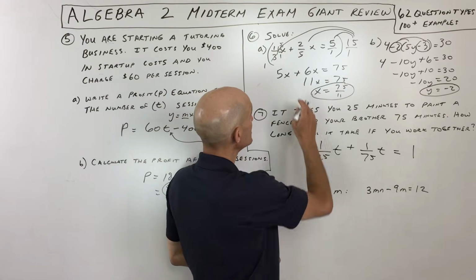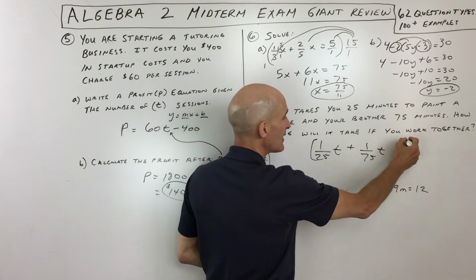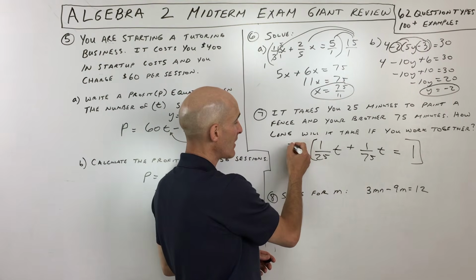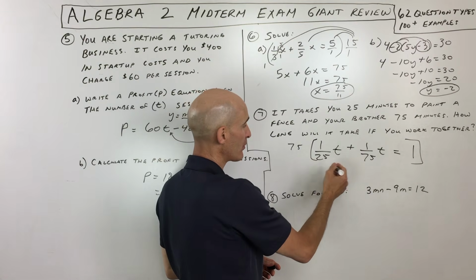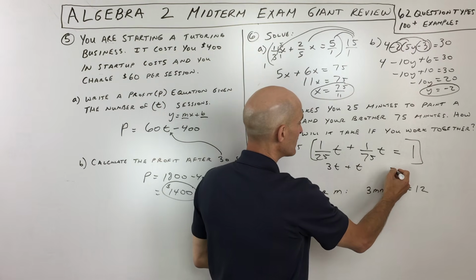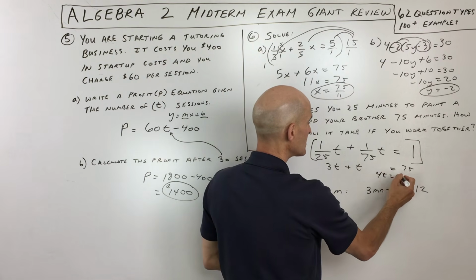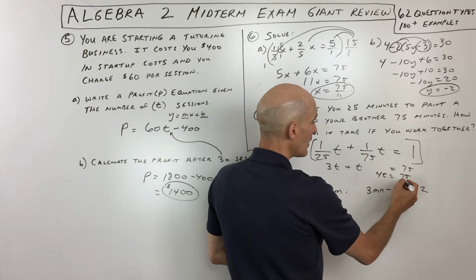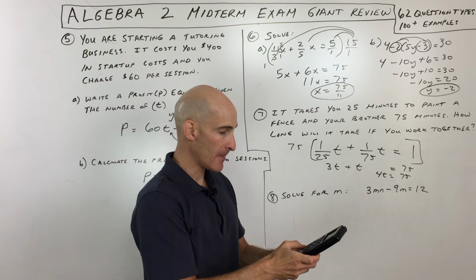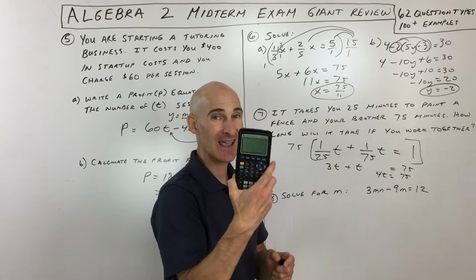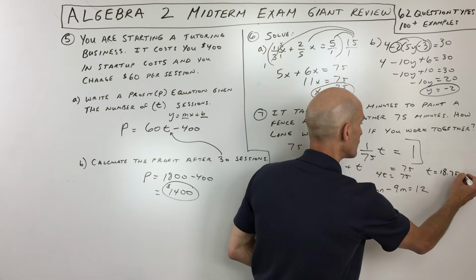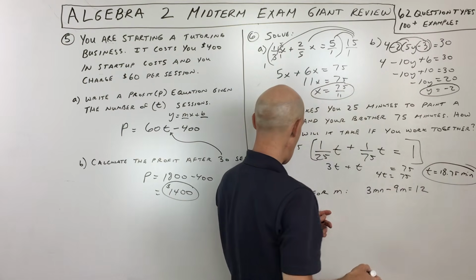And so what I'm going to do now, just like what we did with this problem here, is we're going to clear the denominators, because maybe we don't want to work with the fractions. The common denominator is 75. I'm going to multiply everything by 75, left, middle, and right, the whole thing. So if I do that, that's going to give us 3t plus 1t equals 75. So 4t is equal to 75. And if we divide by 4, I'm just going to go to the calculator to get an approximation on that. That's going to be what? 75 divided by 4, 18.75 minutes is what you should get for this one.